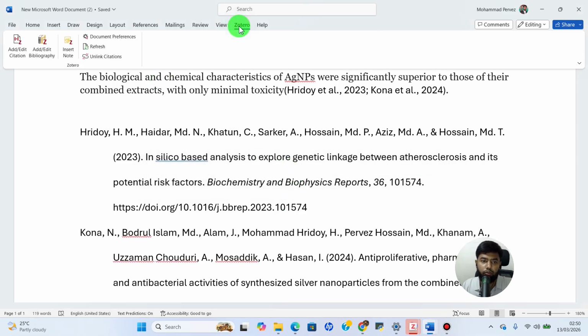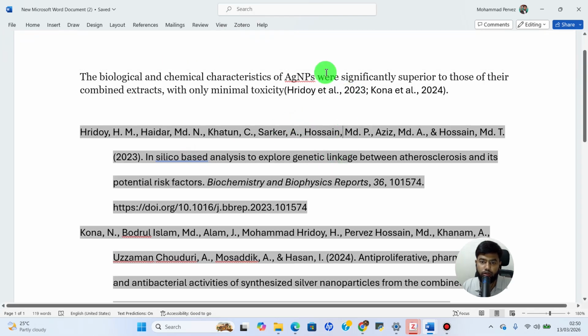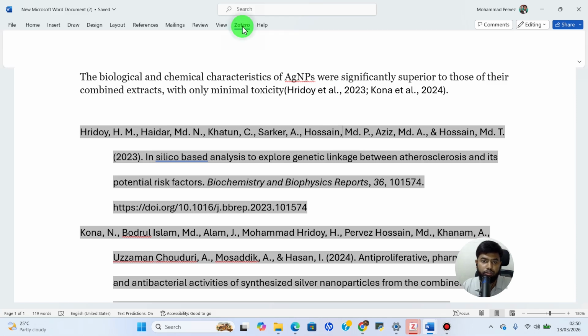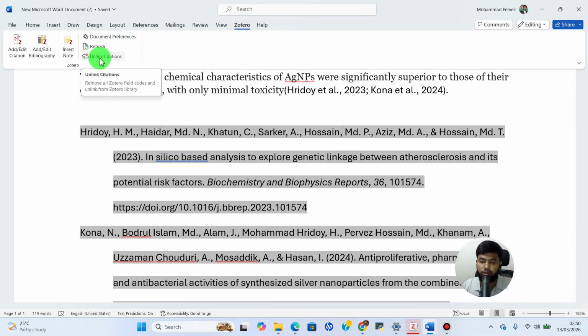And finally, when you are submitting your paper, if you want to unlink these references or styles, go to the Zotero and then click on this unlink citations, and this will unlink the citations and bibliographies so that you can submit to your